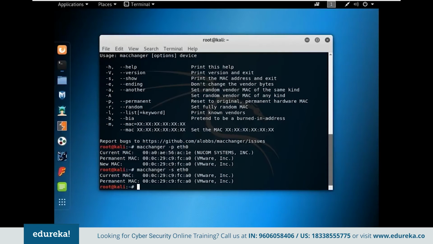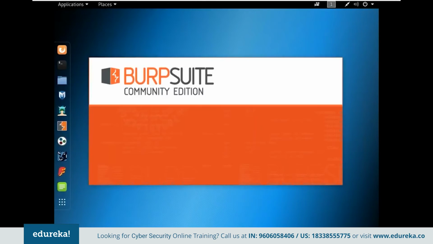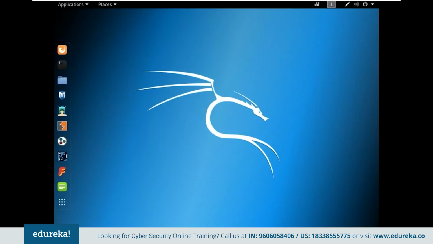In the previous sessions by Edureka under cybersecurity, I've used two other applications which are Burp Suite and what was the other one? SQLmap. So if you want to know more about those tools as well, you can go ahead and look into the web application security video. The video is all about how to perform an SQL injection and web application penetration testing.